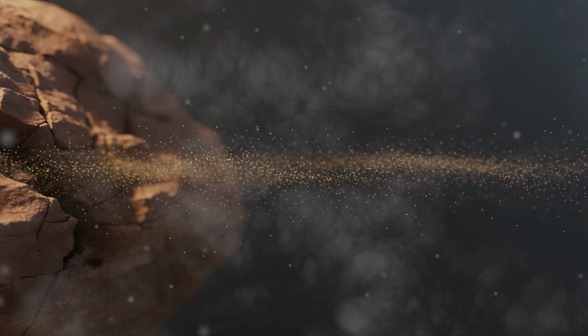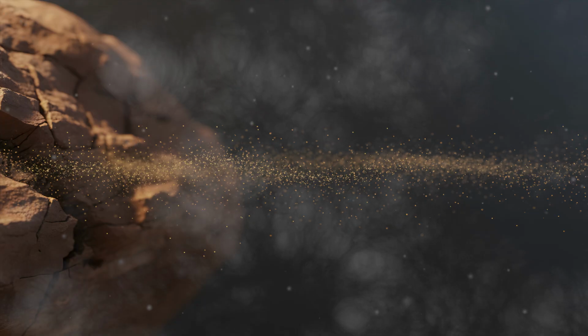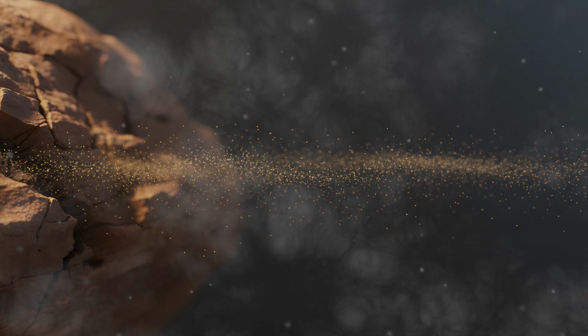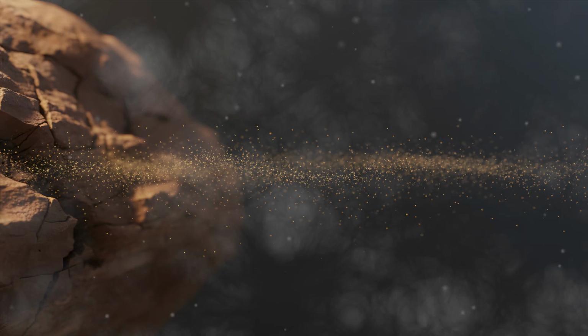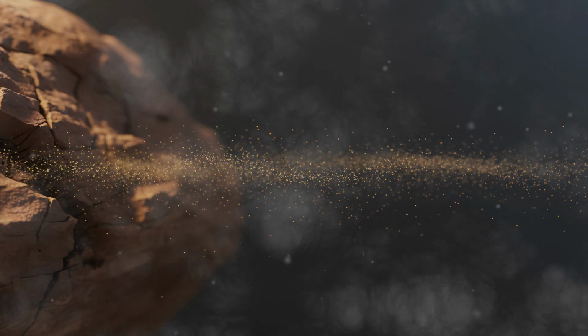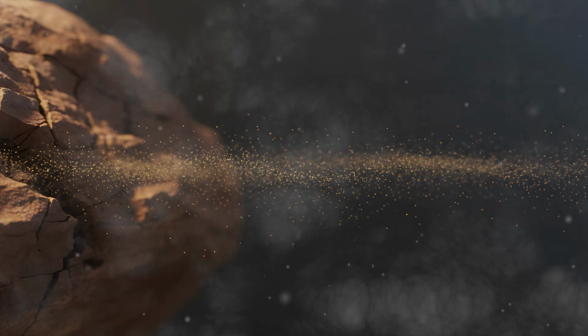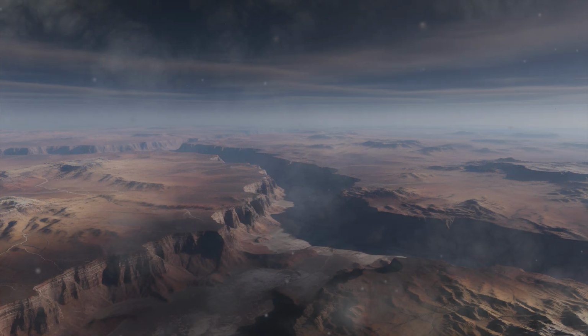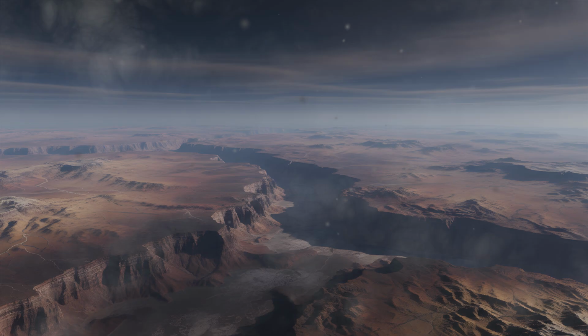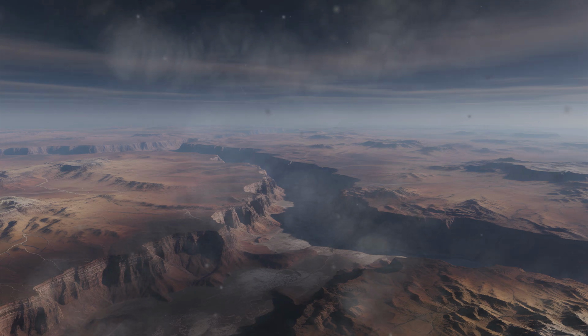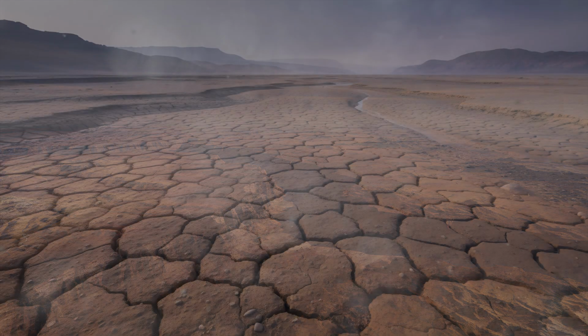In the vast emptiness of certain dune fields, sound behaves differently due to the uniformity of the aerial surface, allowing noises to travel farther than expected. This acoustic property has been studied to understand how terrain influences sound propagation. Under specific conditions, even small disturbances can be heard across surprising distances, adding an unusual sensory dimension to these expansive environments.